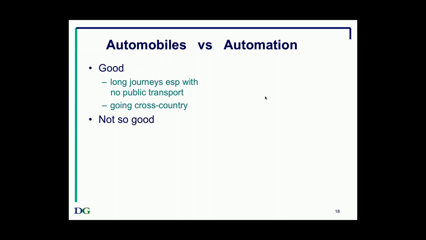But there are some things which aren't so good for an automobile. What about going out into the garden? Well, you wouldn't drive your car into your garden. You'd want to walk out the back door into the garden. What about driving to America from the UK? It can't be done, folks. There's an ocean in the way.